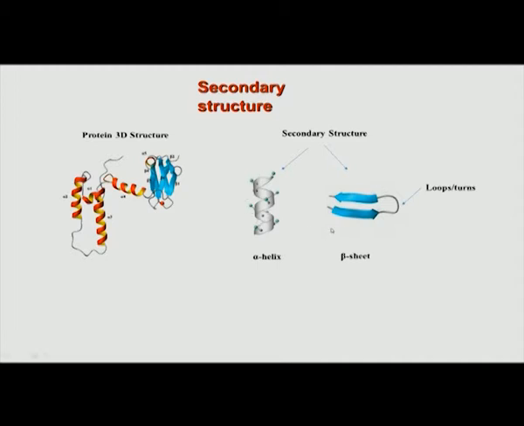So, now once the sequence specific resonance assignment is completed, the next process in the structure determination is to identify the secondary structures in proteins. Remember, in proteins and peptides we call this the tertiary structure, and the elements which make up the tertiary structure we call secondary structure. So, secondary structure is typically alpha helix, beta strands or sheets, and you have what are called turns or loops. Loops are basically a region which does not have any structure. So, we do not call them regular secondary structure, but turns have very specific geometry.